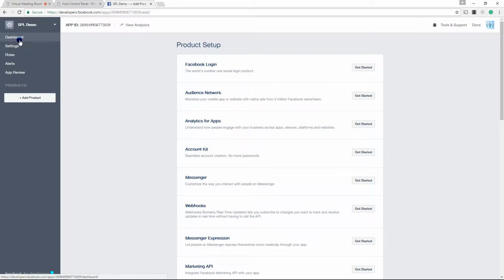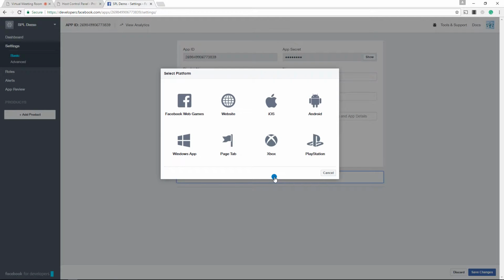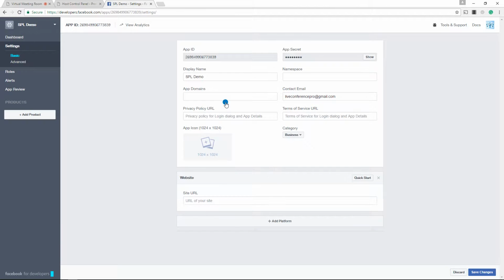Step 2 in the process is to go over to the settings area and then go to Add Platform and choose Website. Okay. Next, you're going to want to grab the link from the same page that gave you access to this recorded presentation. You want to then paste that link. Excuse me, it's not this one. It's not this one. The actual link is going to be